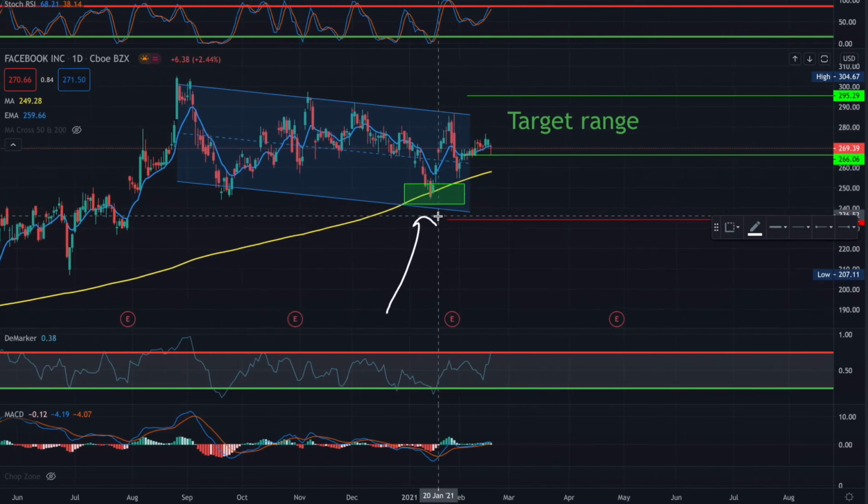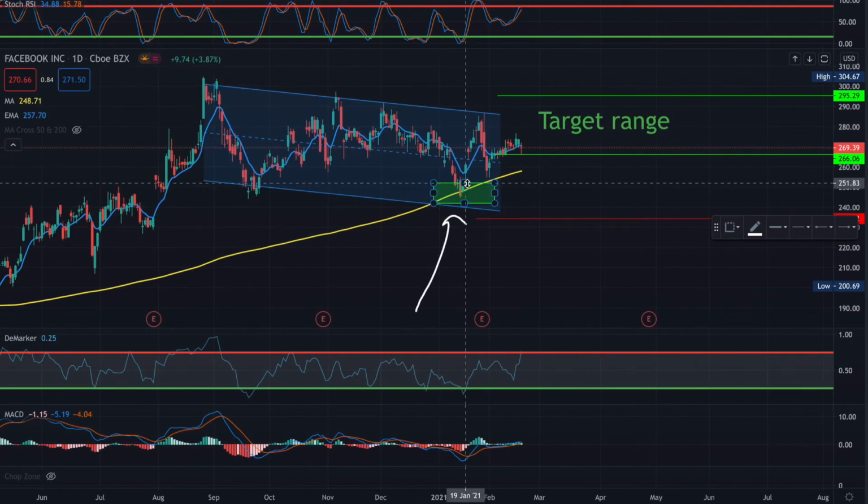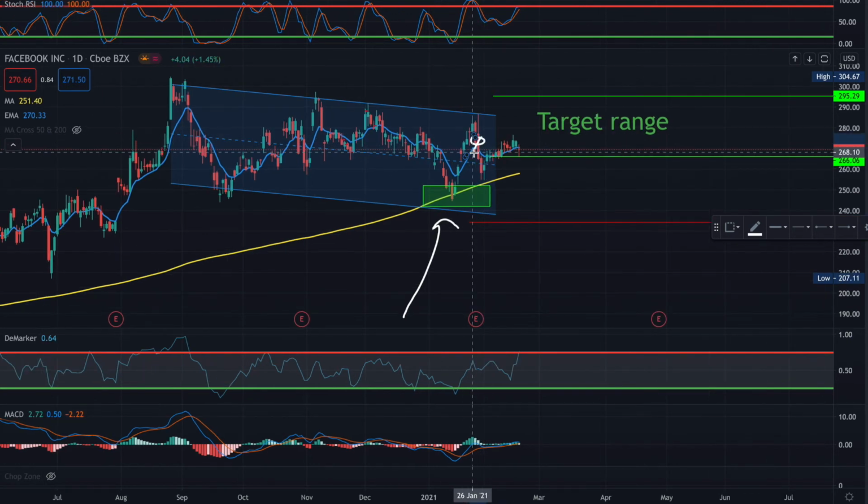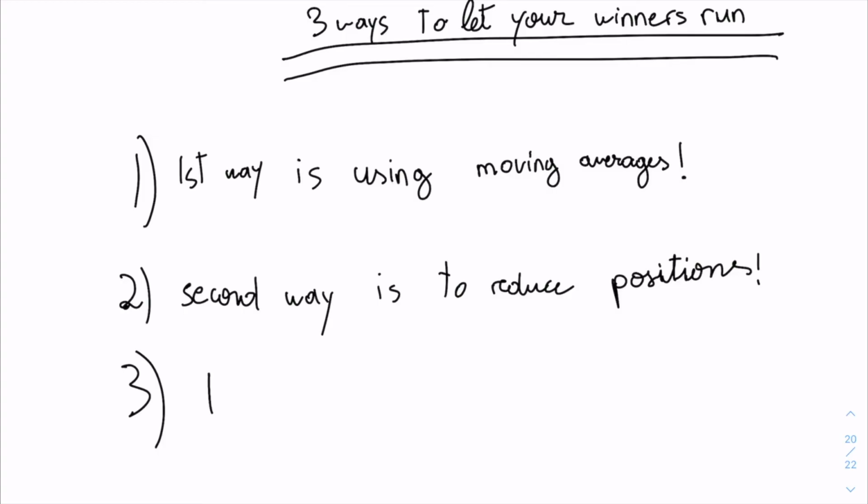Here's another example on Facebook, FB. After we bought here, it pushed to the first target, and I took 30%. And after that, this was the 9 EMA line before doing this big dip. Whenever it touched the 9 EMA line and closed below the 9 EMA, I took profits. So the second way is to take profits on the way. And the third and my